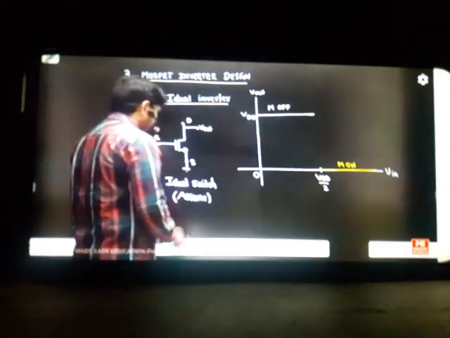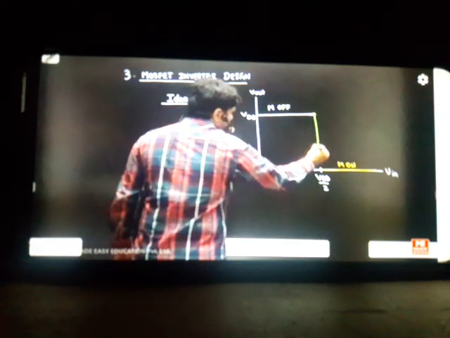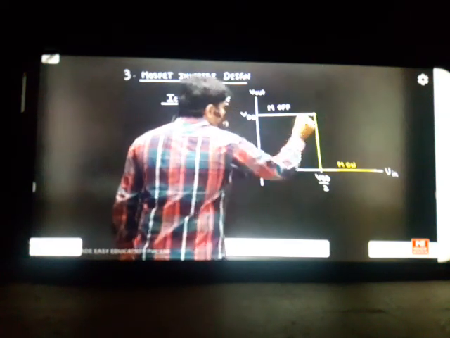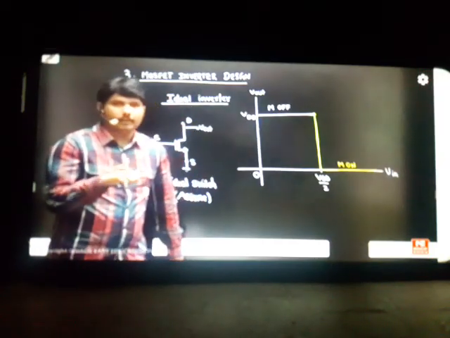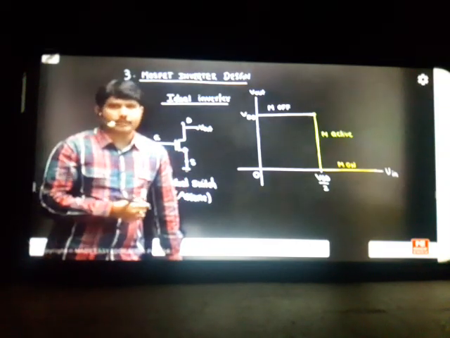In between, how are you expecting the graph? When you are switching from off to on, at this boundary, you have to switch vertically, on to off to on. That means in this region, we should not take much time. The transition should be very fast, on to off and off to on. That means the slope of this line is required to be infinite. That region we call the active region. So you should not give much time in switching electronics. You should not let the transistor spend time in the active region. That's why you have to move vertically from top to bottom.